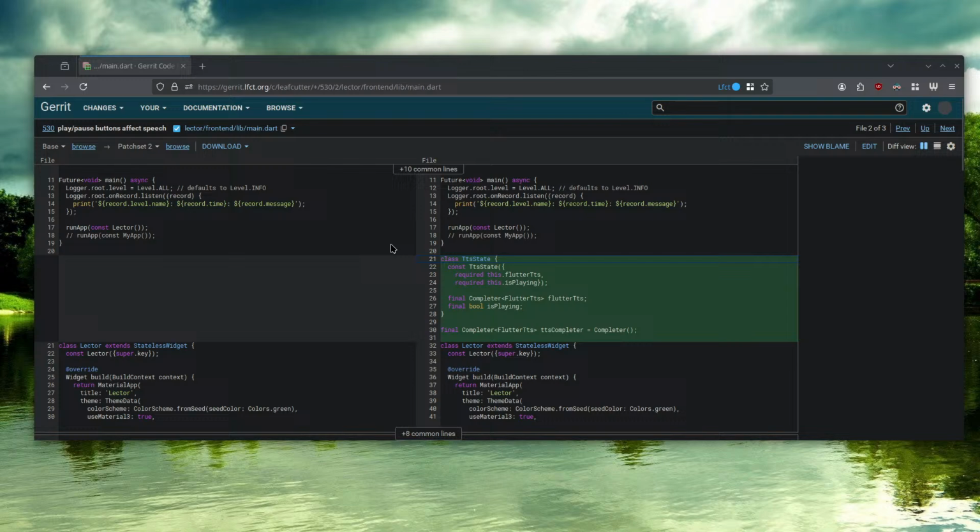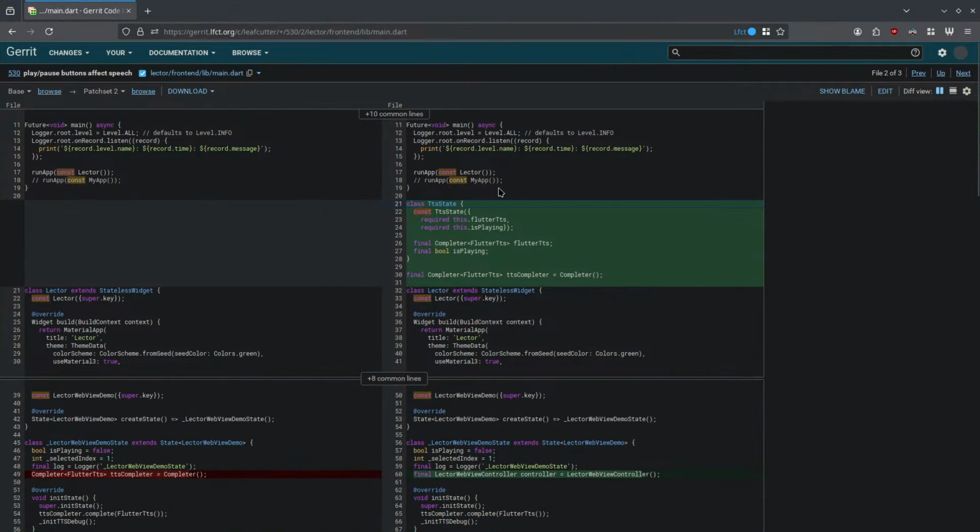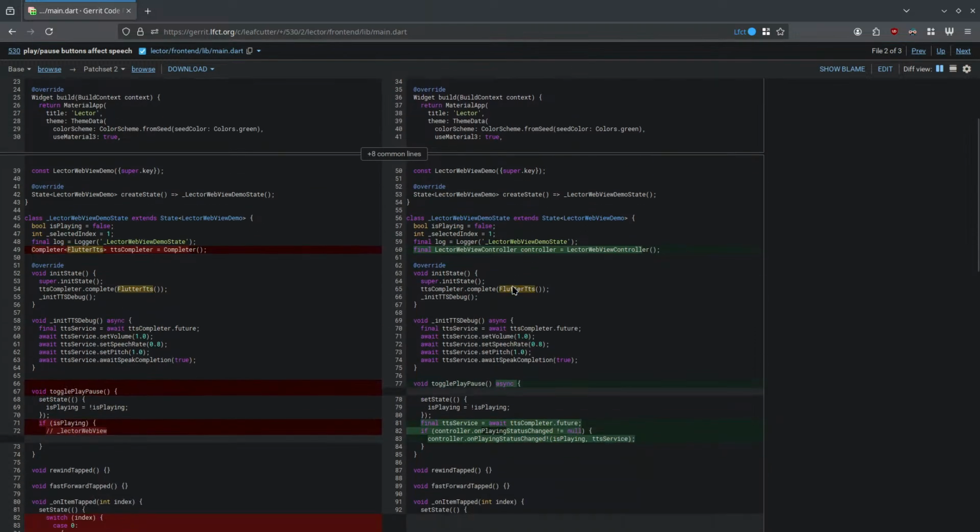So when I ended my stream yesterday, I was trying to figure out the right way of passing state from parent widget to child widget and vice versa. And then after the stream, I took another look at it. I tried a couple of things, including inherited widget. And what I ended up with was just creating this controller, which is just a class that has